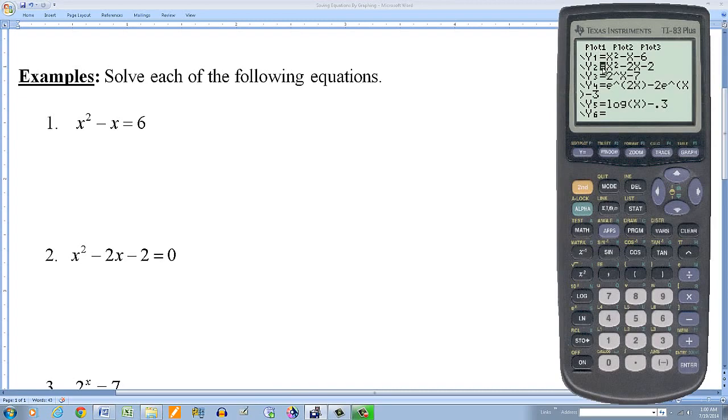Hit enter. So this one now, the equals is highlighted, so now I'm going to be graphing this one. So I hit graph, and there I have it. Now in this particular case, if you look at the table, you can see here that this appears to cross the x-axis at 1, 2, 3, 0, and over here close to -1. But if you look at the table,